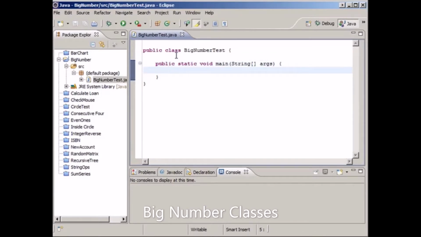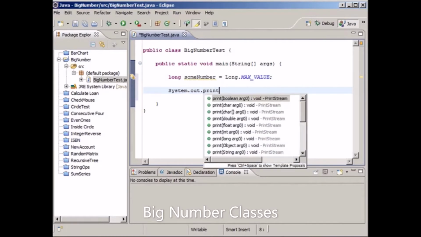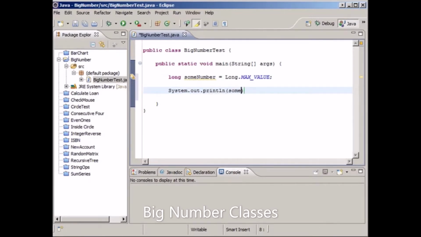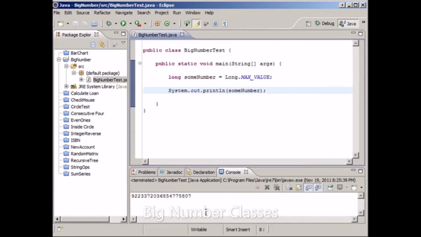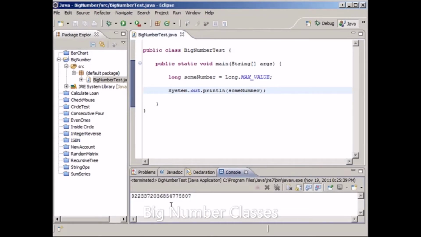Exactly how big are we talking with these numbers? I mean, the primitive data types in Java can store some pretty big numbers. Let's find out exactly how big. So, a long int, for example, the biggest value that a long data type can store is this. That's a reasonably big number, but sometimes, particularly if you're doing scientific computing, you'll need to store really big